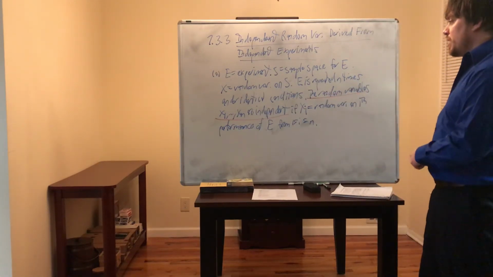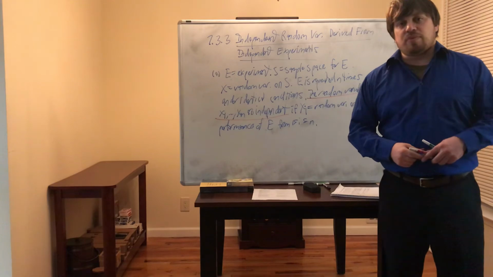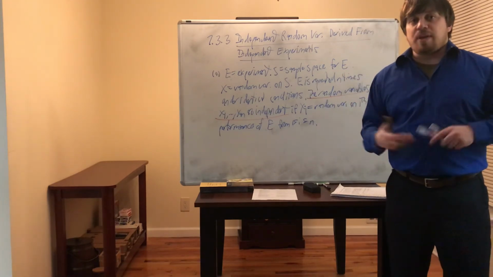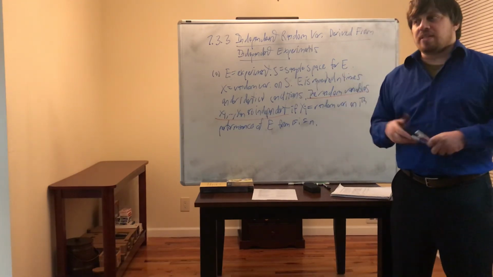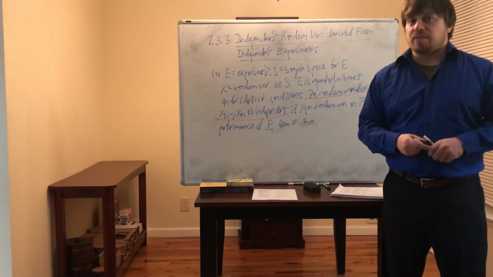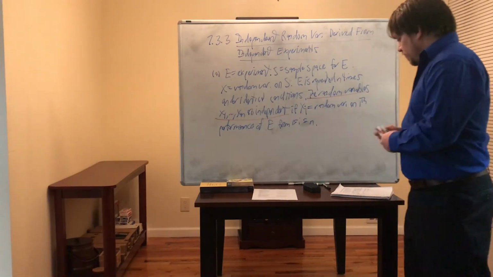This is a fast way to show that n random variables are independent random variables when you just repeat an experiment n times under identical conditions. Okay? And part B,